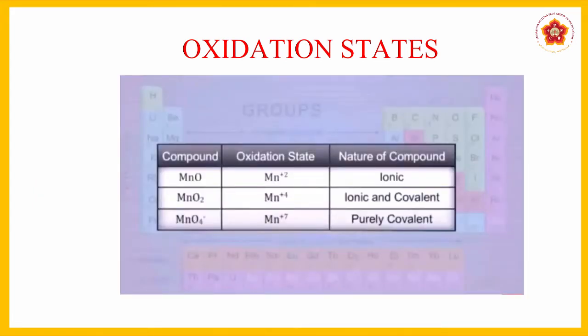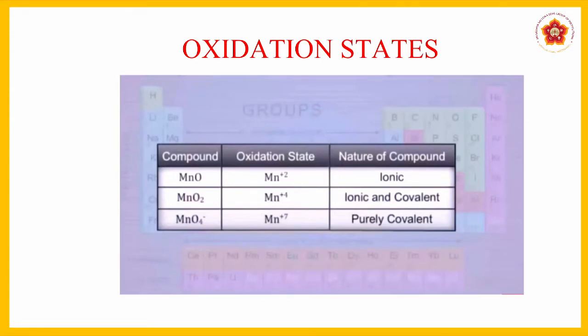We will now see about the presence of bonding in these compounds. If you see the picture there, they are given different compounds: MnO, MnO2 and the ion MnO4 minus. They have given the corresponding oxidation states. I hope you know the calculation of oxidation states, where in all these cases oxygen is taken as -2. So Mn charge you are able to see is +2, +4, +7. And they have said that the lower oxidation states have ionic character. As it increases, it tends to have covalent character.